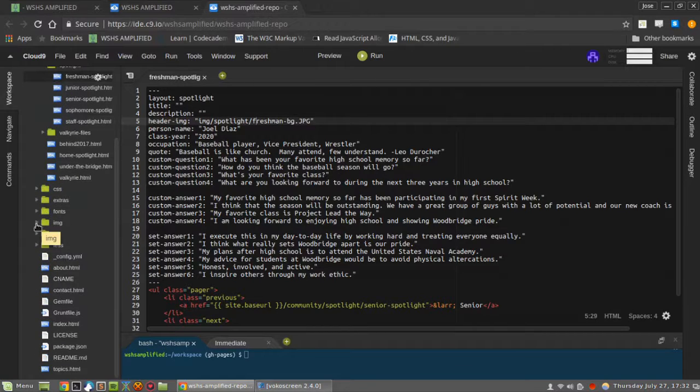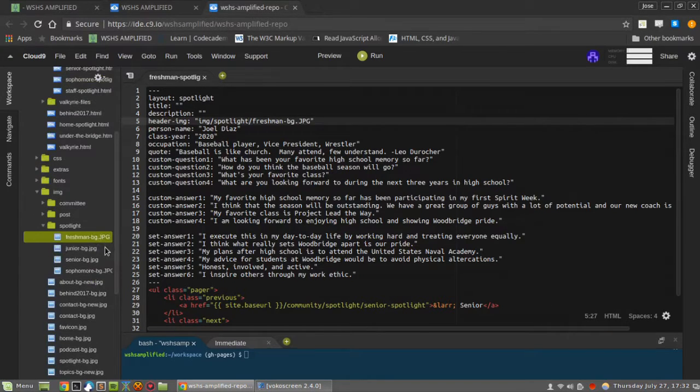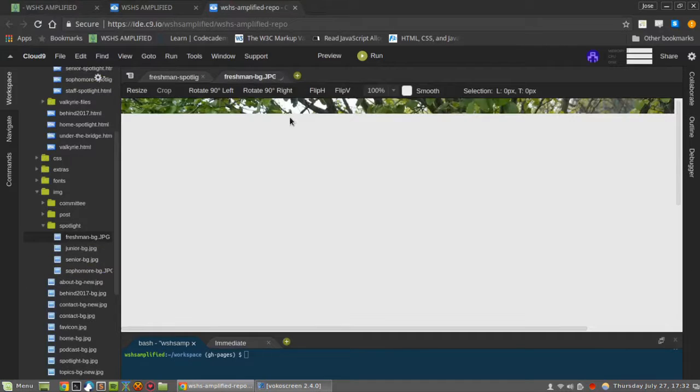All the images of the website, by the way, are all under the images folder, and then whether they have their own area or not. So here we can see spotlight. See how they have their own area. So we keep all the spotlight photos in the spotlight folder. So here we have the freshman, the junior, senior, and sophomore. Here's the freshman image. I'll open it up,